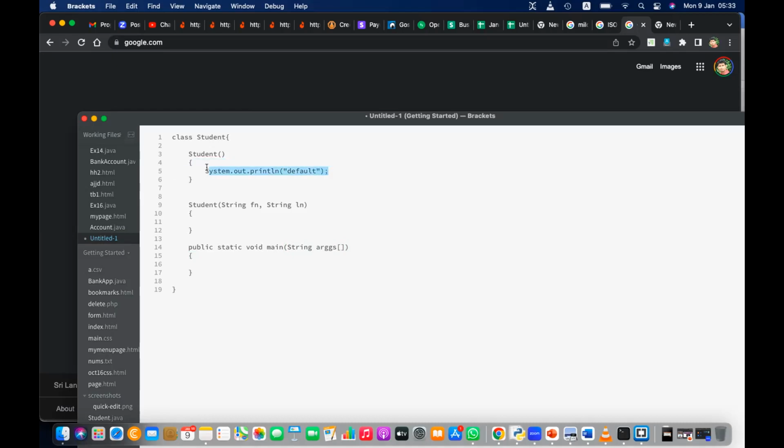And System.out.println overloaded. Then let me create two objects. Object number one, Student st1 is equal to new Student, that is using the default constructor, and Student st2 equal new Student, and this is using the overloaded constructor. I'm going to give first name,